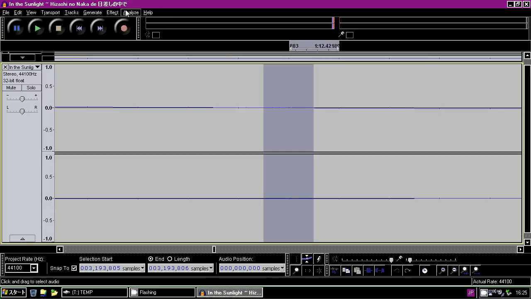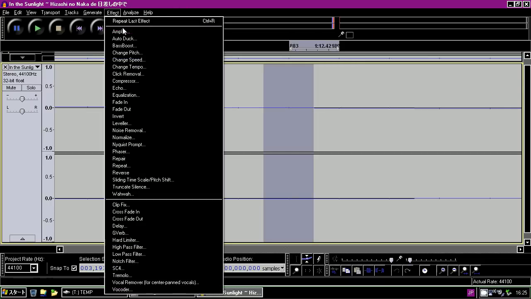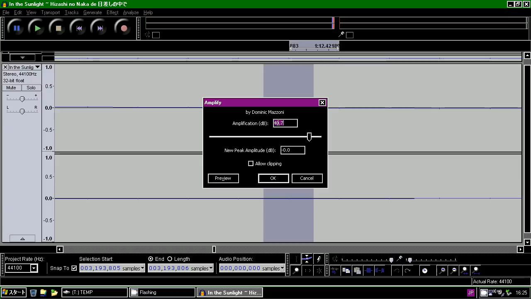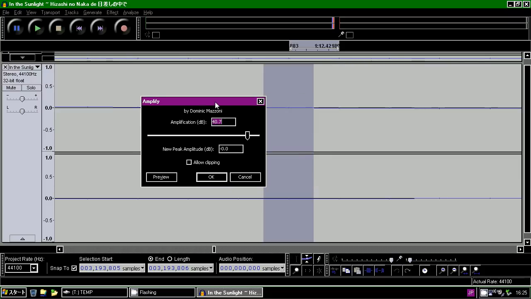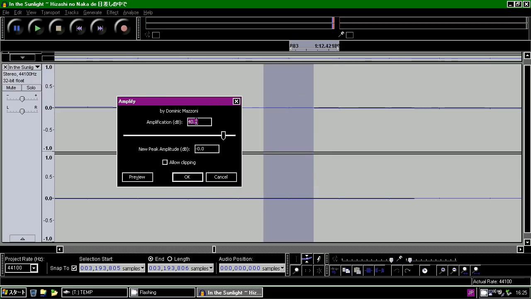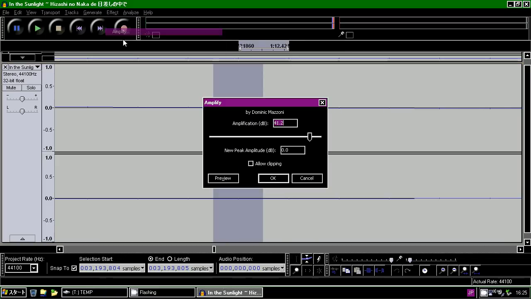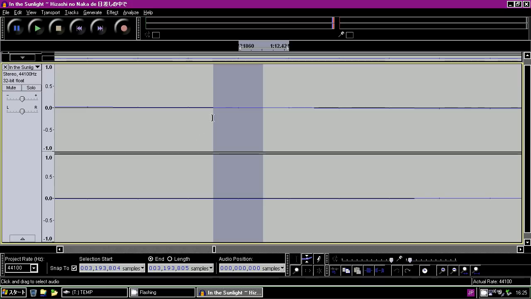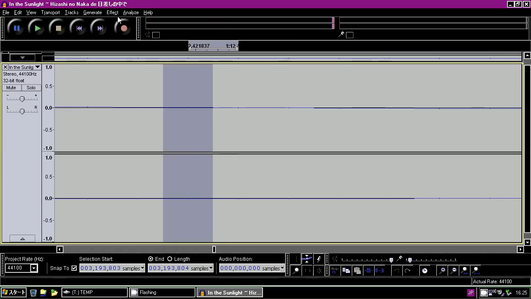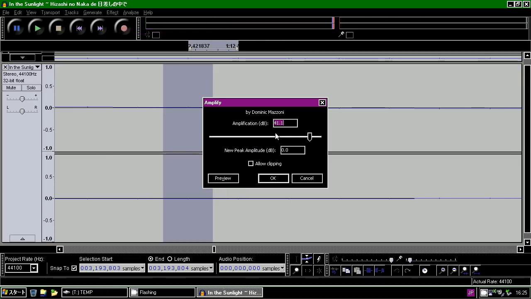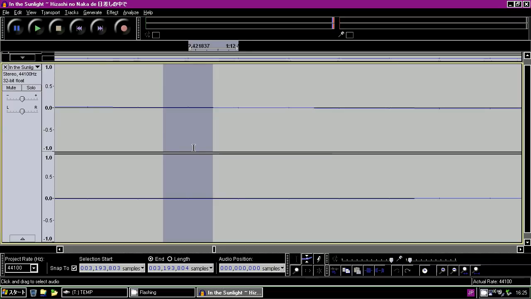Yeah, look at that. One trick I know is to hit amplify, and you'll see that when this is a large amount, the larger it is shows how quiet it is. So you can use this, depending on how OCD you're feeling, to get it as silent of an area as possible. I mean, don't actually use this tool. You just want this value. But yeah, this is a good area to work.